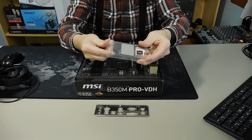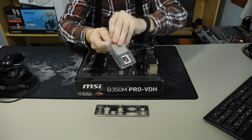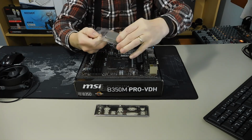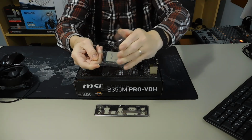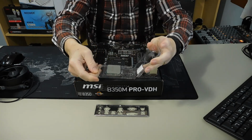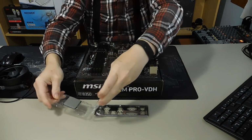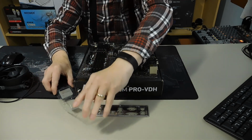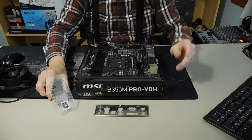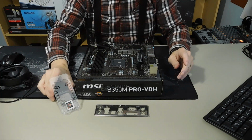Now to open it, and then you just pull it apart. Be careful, don't open it too fast. Then you want to make sure that it stays inside of the plastic, because this plastic is anti-static also. The reason why you don't want to take the CPU out right now is because